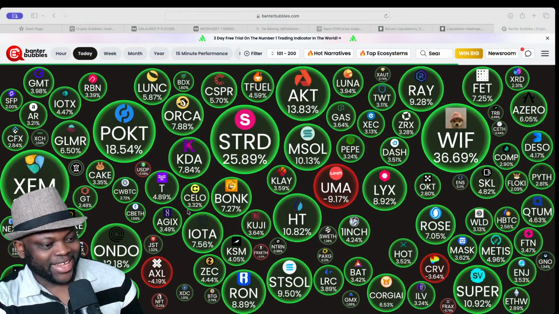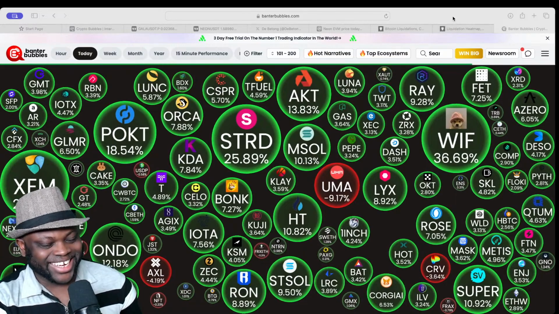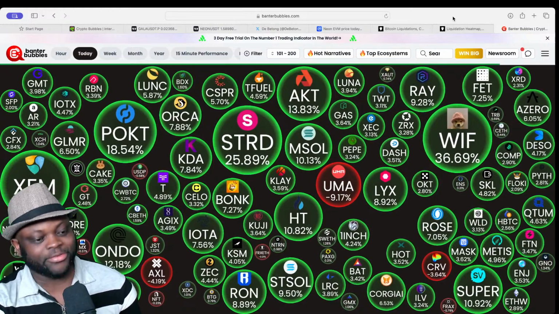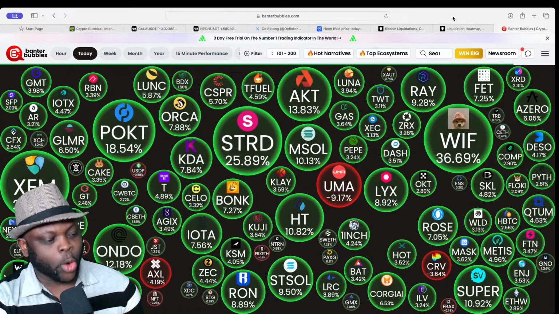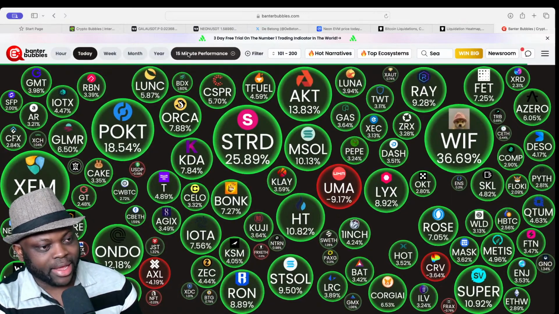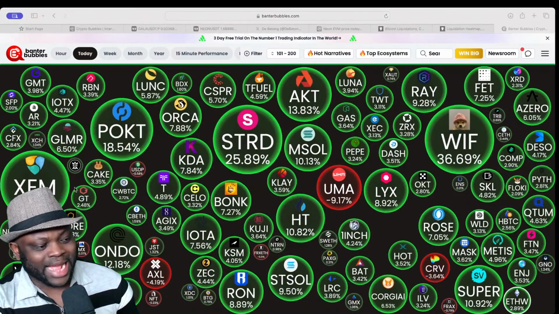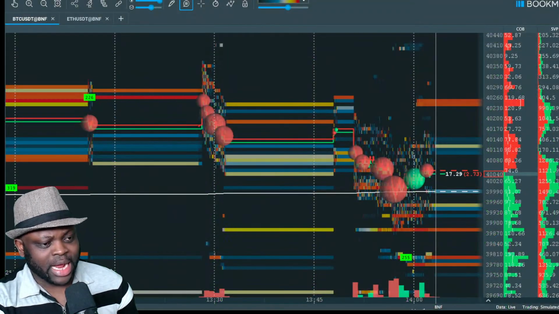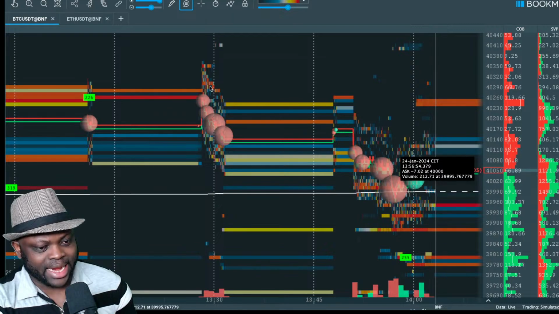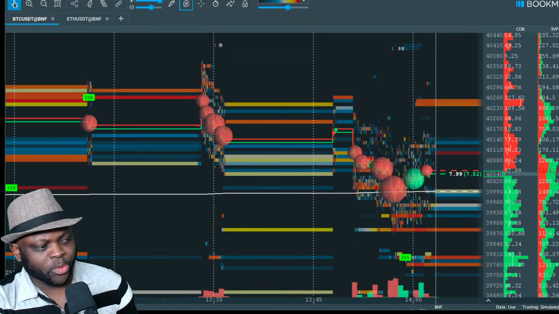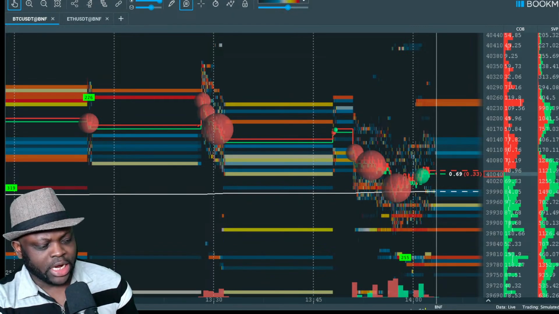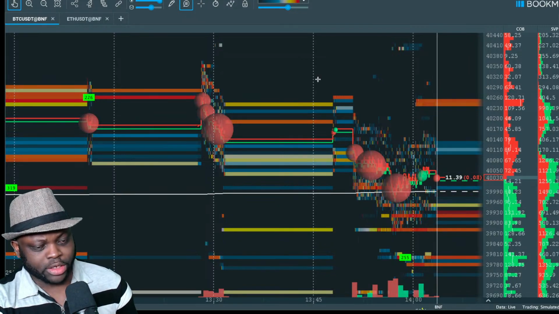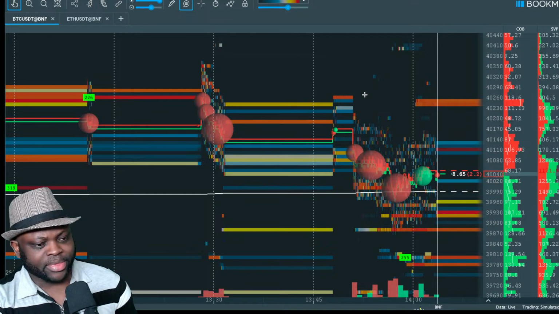It's good to see Bitcoin in green for the day once more after the massive dip that we have seen with Bitcoin and other altcoins out there. However, if we look at the Bookmap, we can actually see that Bitcoin is currently trading above the VWAP. The VWAP is this line here. And when Bitcoin is trading above the VWAP, we are going to be looking at an opportunity for price to make some movement upward, which is good for the long term, because Bitcoin has to make this huge move to